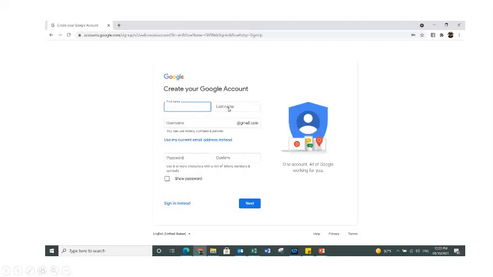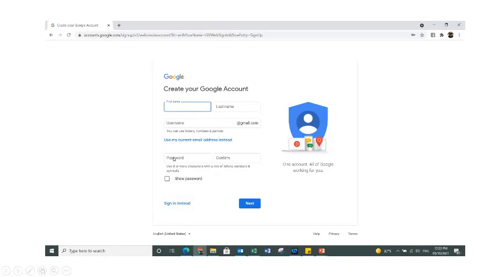The last name is your family name. Then here in the username, you can enter any word or a combination of words and numbers with which you want to create your Gmail account. This will be your email address for Gmail.